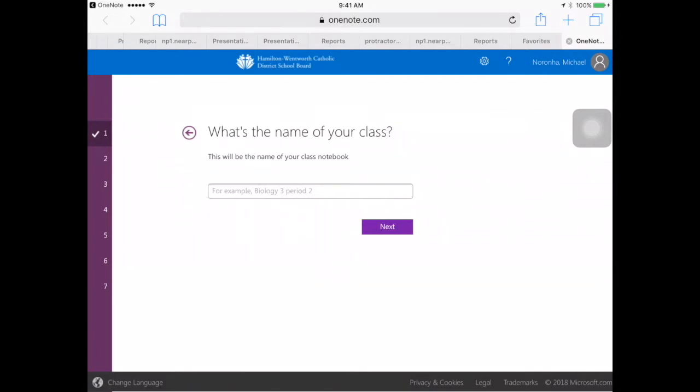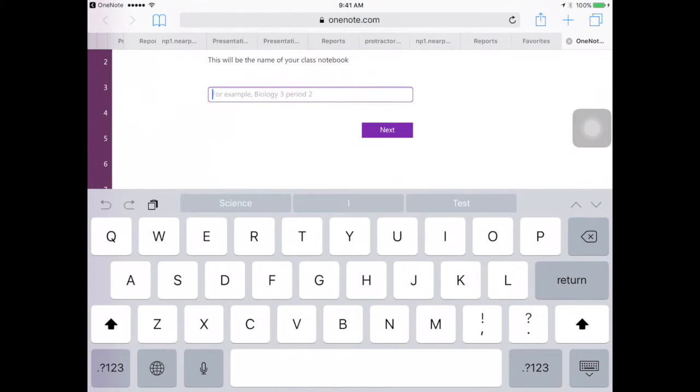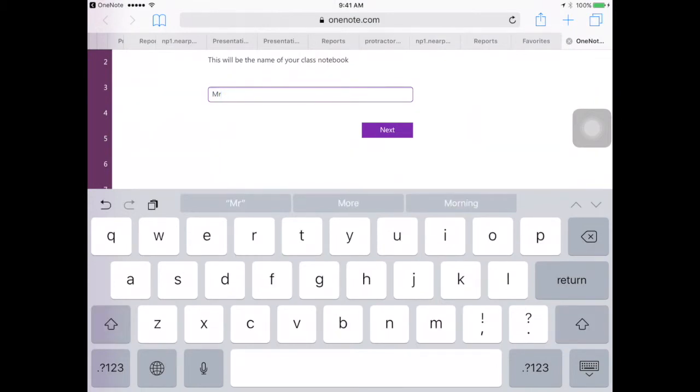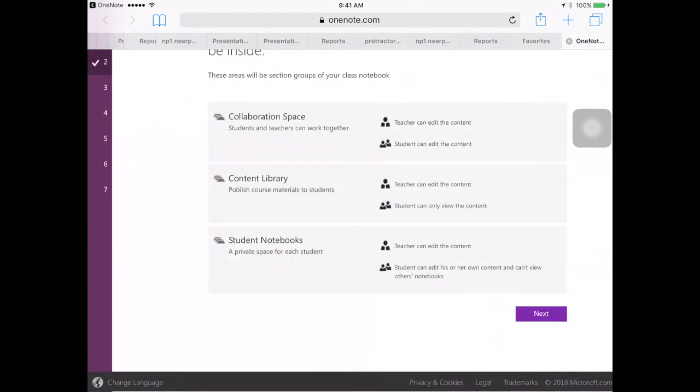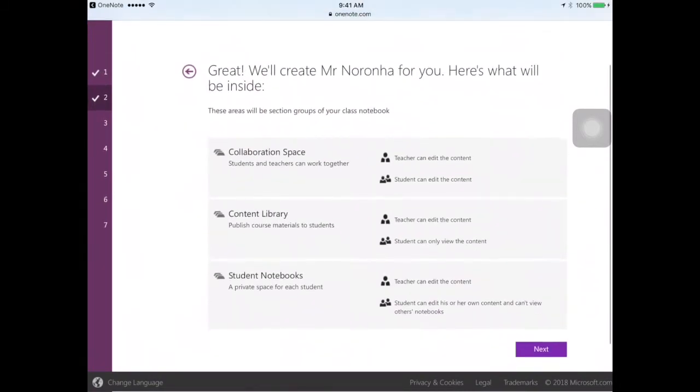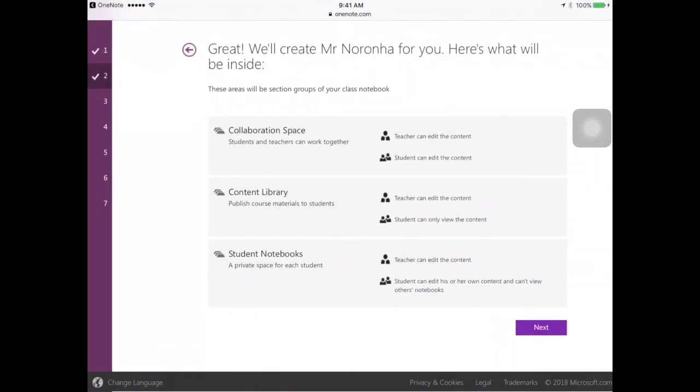Now you have to be a little bit careful with this because it doesn't like special characters like question marks or hyphens or slashes. Avoid using that. I would just type in my name without the period. And now what it's saying is, great, okay, we're going to set up this class notebook